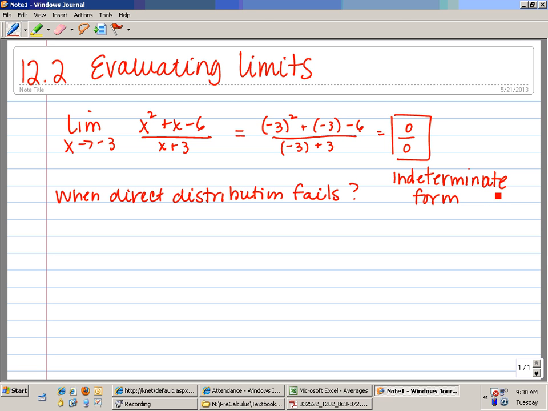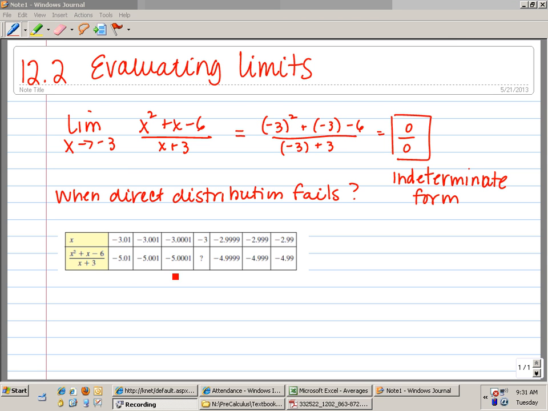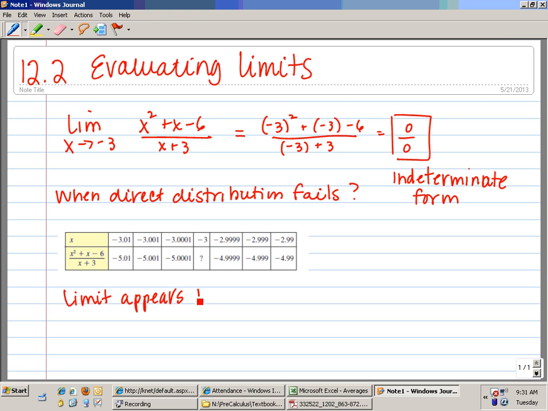We call it that because we can't determine the limit from this form alone. And if we look at the table, we can see that our limit appears to be 5. Sorry, it appears to be -5, but a table's not always the best way to find the limit